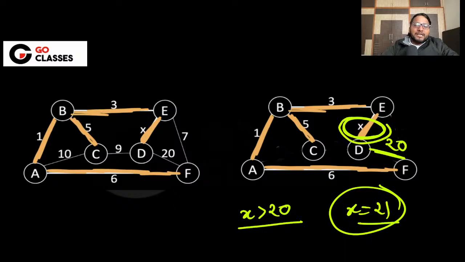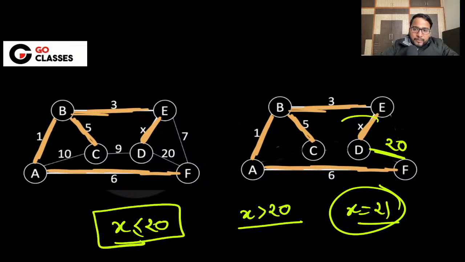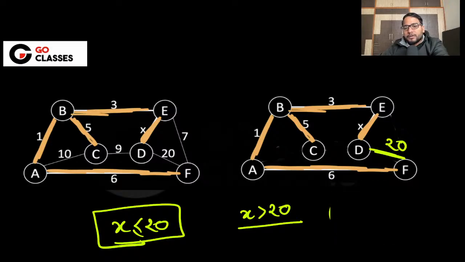In that case, it will be the highest edge. Since it is a part of MST, it has to be lesser than or equal to the highest. So that's why x must be lesser than or equal to 20. Why? Because it is a part of MST, that's why it must be lesser than or equal to the highest. Okay. So what I'm trying to say here is that, let's suppose you are having